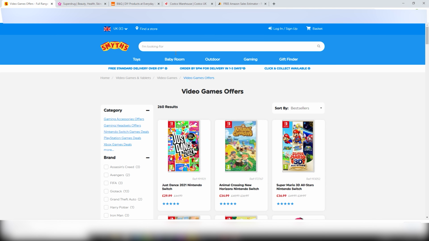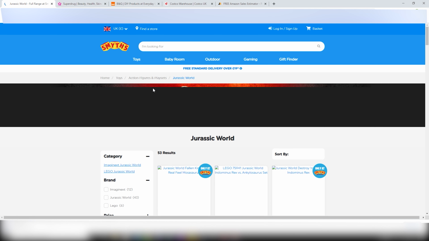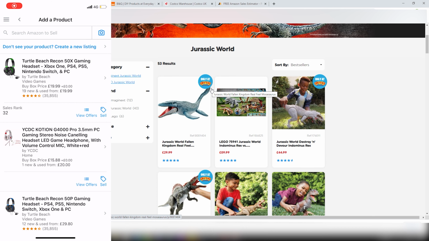So I got a little bit sick of the video games. It looked like the market was pretty up to date. So instead I switched over and I just clicked on Jurassic World. The thing that caught my eye here was that I can see that it says only at Smith's. That's obviously a very good sign for you, because it means that other retailers won't carry it, so everyone will be buying through Smith's to sell online. So I had a quick search for this product,